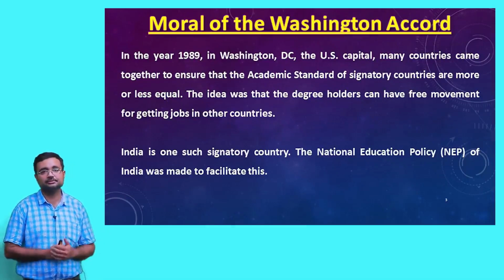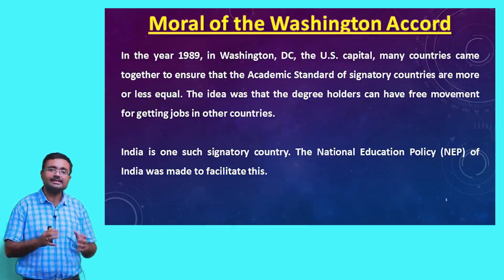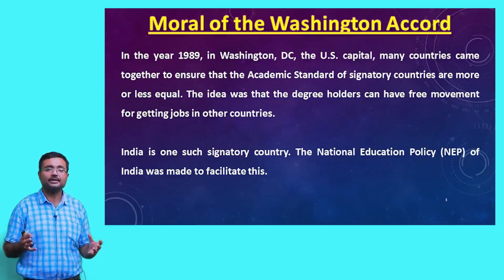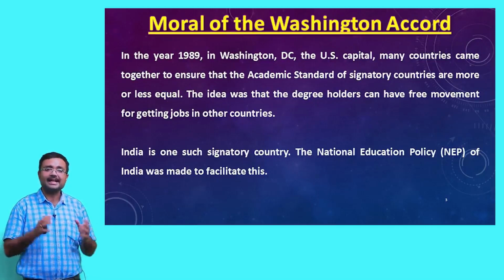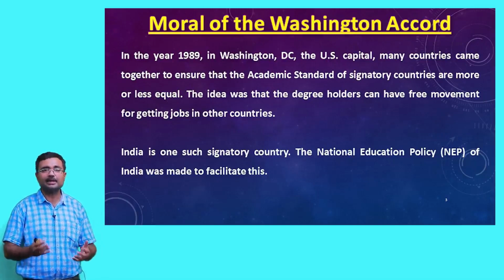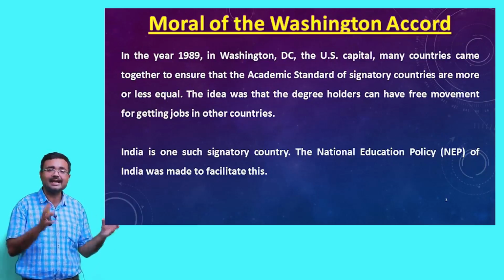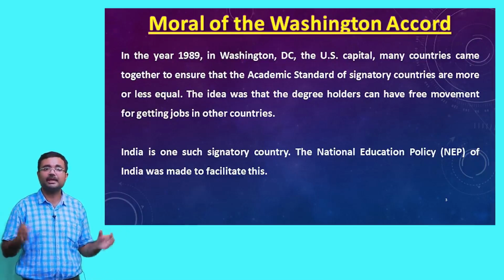Problem of standardization. Now, to make this a standard, the Washington Accord was formed in Washington DC, where there was representation from all over the world, and there was representation also from India, who together decided a standard for outcome-based learning. In outcome-based learning, a student must be able to perform. There must be a decided outcome of the learning right from the beginning. This was standardized by the Washington Accord.